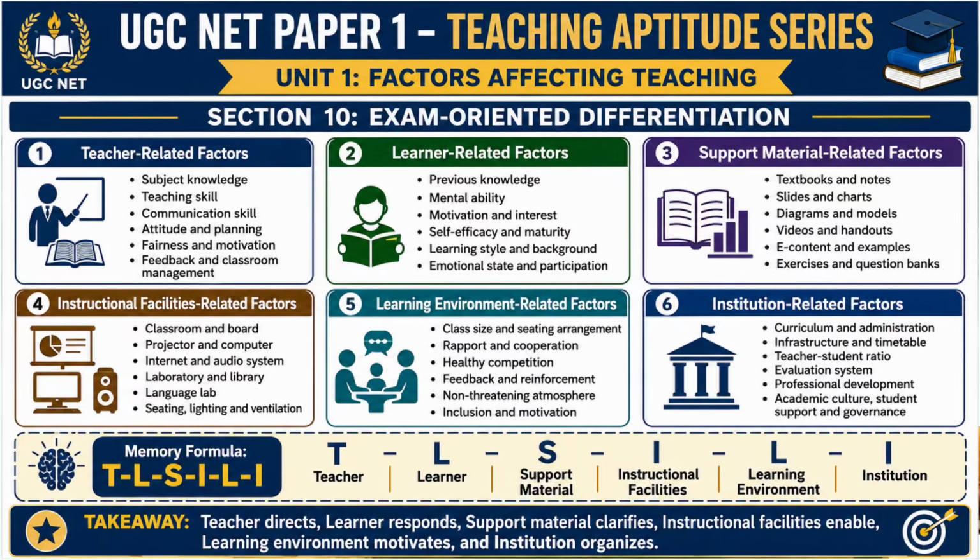Institution-related factors include curriculum, administration, infrastructure, timetable, teacher-student ratio, evaluation system, professional development, academic culture, student support, and governance. A useful memory formula is